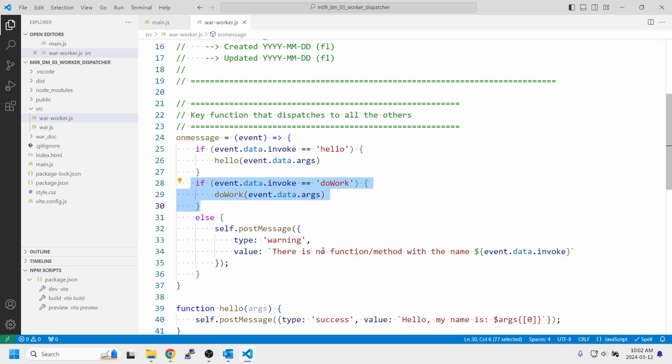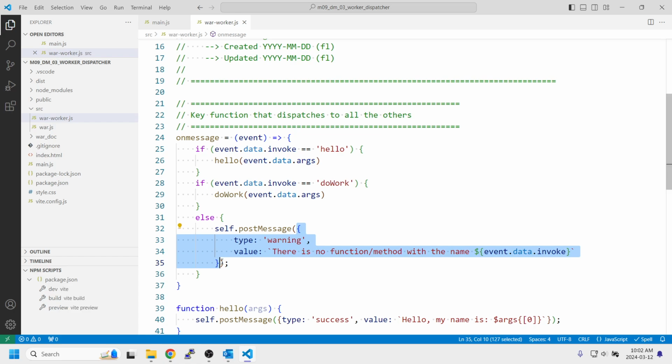Else, we've got a problem, right? We're not going to blow anything up. We're going to give a warning: you told us to run this function, but we don't have it, and that sort of thing. And so we'll just send a message back. And this is the first view of what we're going to send back. We're going to send back some Play-Doh, and we're going to come up with, hey, what kind of